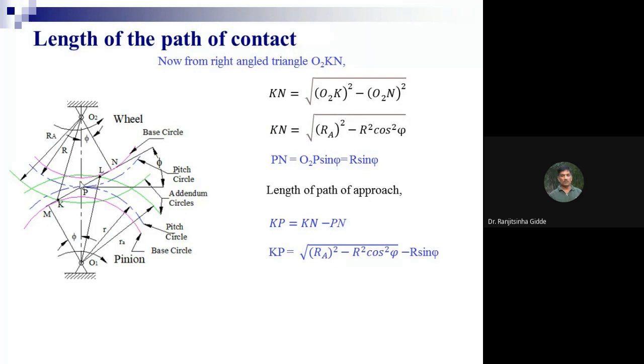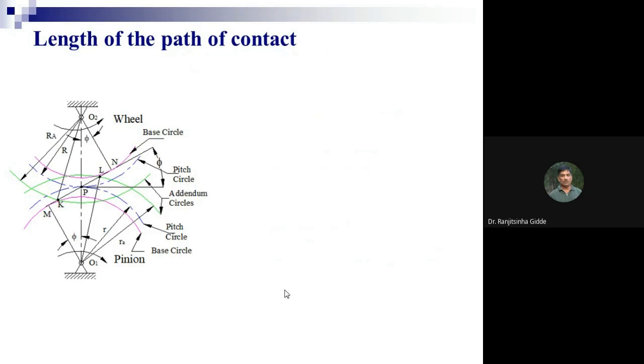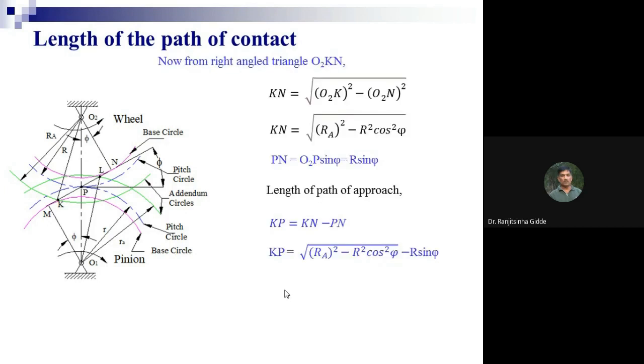This Kp is nothing but length of path of approach. Up to this we have completed. Okay. Should I proceed? So we have completed half part. This is length of path of approach. Okay. Now we need to find out